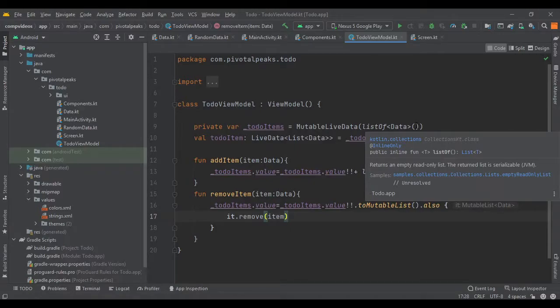The mutableStateListOf allows us to create an instance of a mutable list that is observable. This means we can work with the to-do items in the same way we work with a mutable list, which will remove the burden of working with live data.